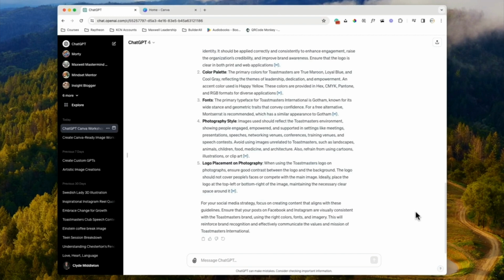Once the manual was loaded, everything that was in there is now known by ChatGPT. As a case here, it knows what the core values are. It knows what colors should be used and what fonts. So next, I'm going to prompt it to provide me 5 inspirational quotes on public speaking. And we send it.